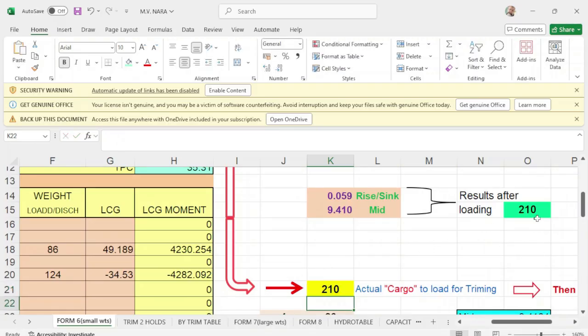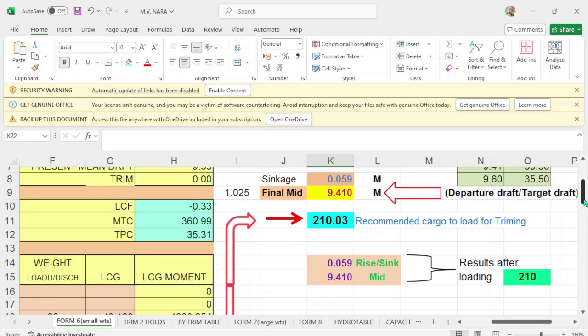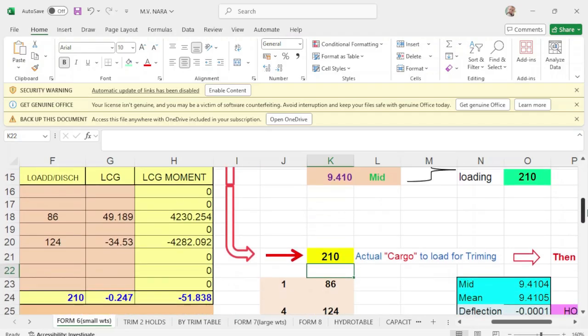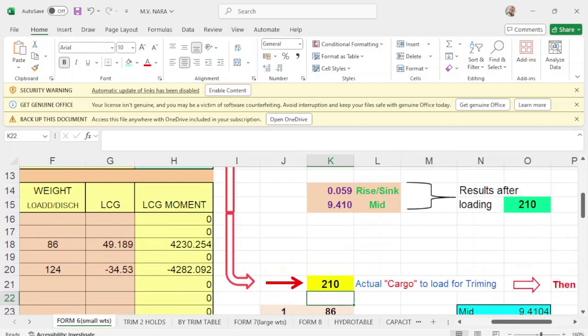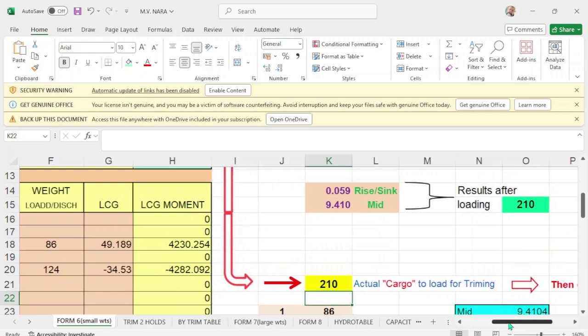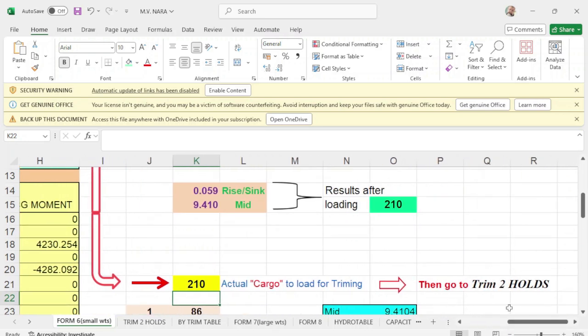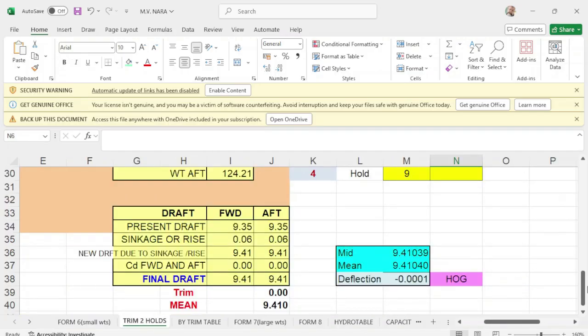and look, once you loaded additional 210 metric tons, your mid-ship drop is 9.41, which is the same as your departure drop here, and your sinkage is 0.059, which is the same. Okay, so we go to, it says here, go to trim holes 2. So I go to trim holes 2, take note of the cargo, 210, then trim holes 2,